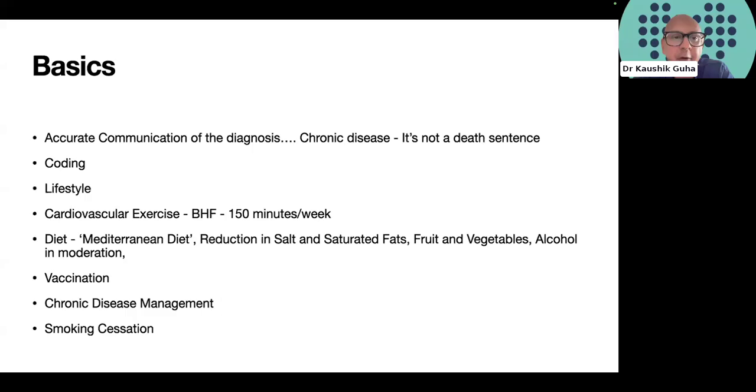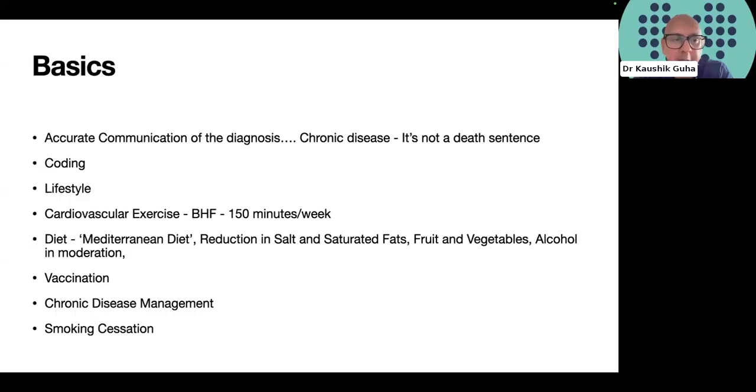There is renewed focus on cardiovascular exercise, which includes walking, swimming, a road bike, a static home bike, cross trainer, rowing machine, and the British Heart Foundation and government guidelines are stage 2 in terms of cardiovascular training. So around 70% of a patient's heart rate and up to 150 minutes a week. We should pay attention to diets, and many of our patients indulge in diets which are not healthy. And there should be attention to salt and saturated fat, increased consumption of fruits and vegetables, and some alcohol in moderation.